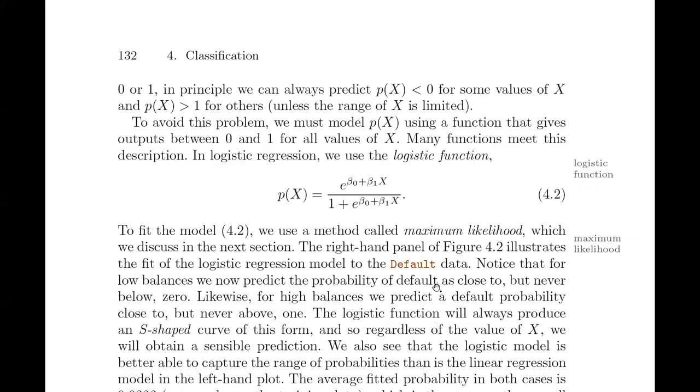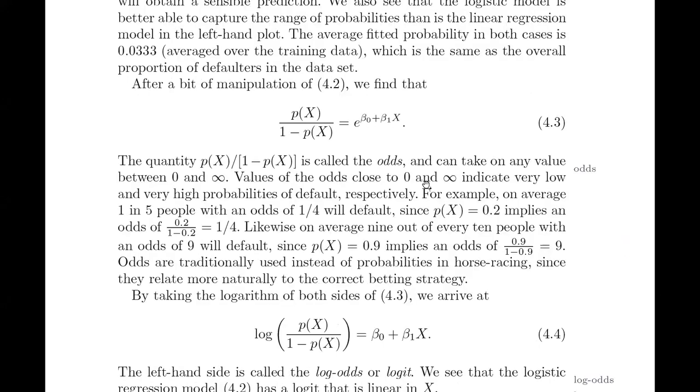Let's have a look. So we invested quite a bit of our time yesterday discussing the odds measurement, where we're looking at the ratio of something happening against that same thing not happening. Quick reminder, we are attempting to model a response variable that can only take one of two values. Yes, default, no, default. The probability of defaulting